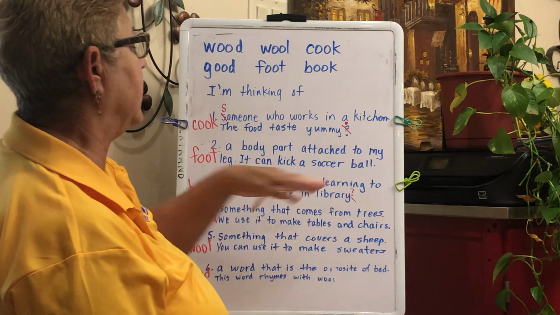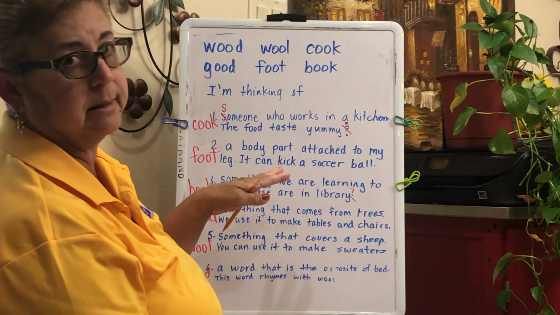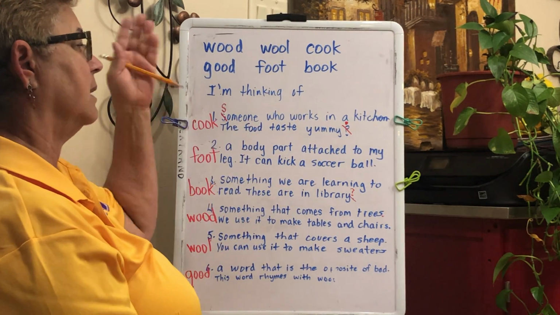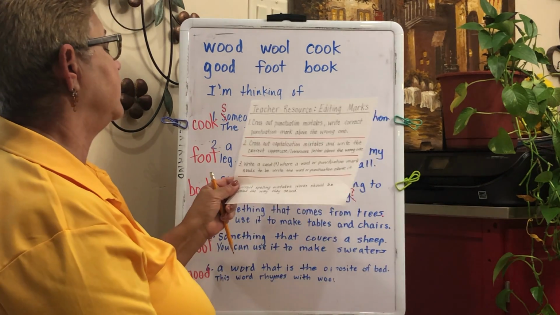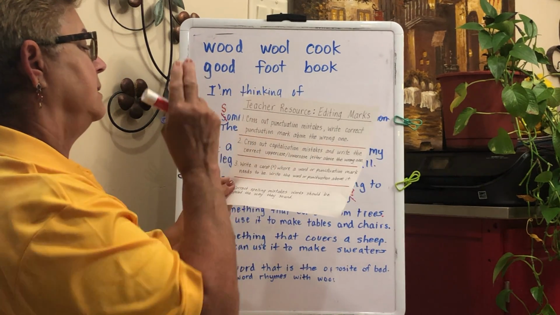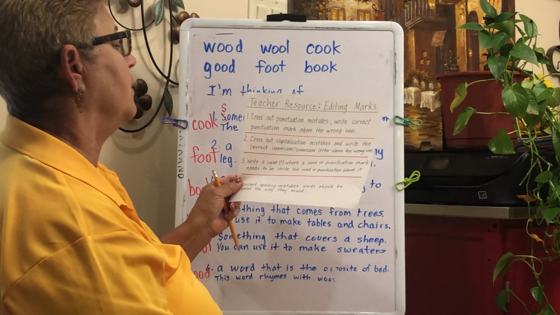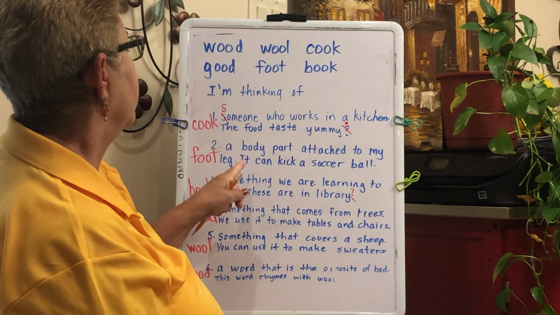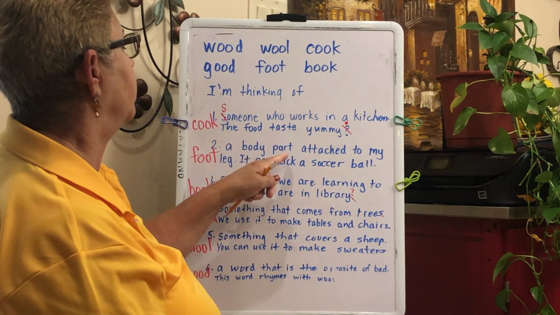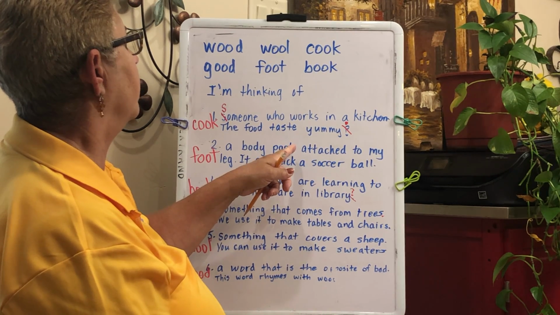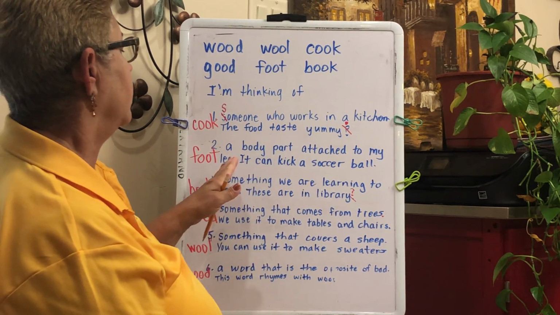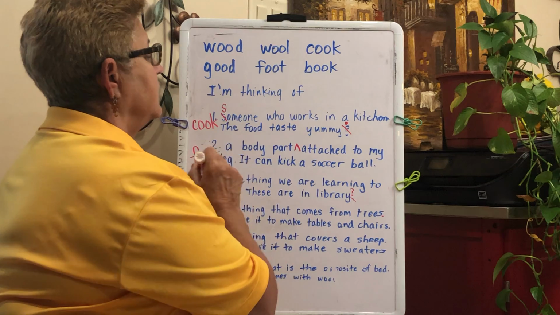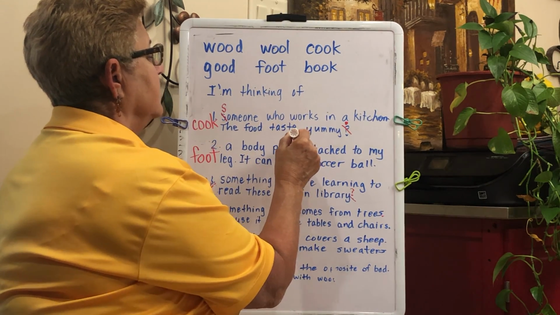If there was a name, and the name had a lowercase letter, you would put a line through that first letter, the lowercase, and write the uppercase above it. Number 3 says to write a caret, a little V shaped upside down, where a word or punctuation mark needs to be. So if I'm writing a body part is attached, and the is not there, we would make this little sign, and then we would write the word is.